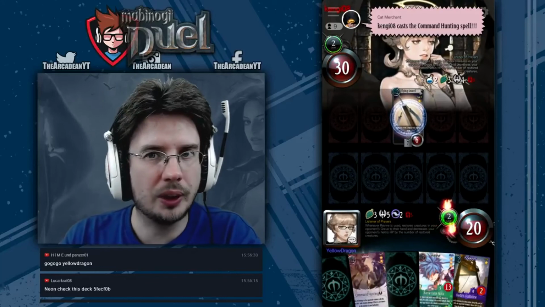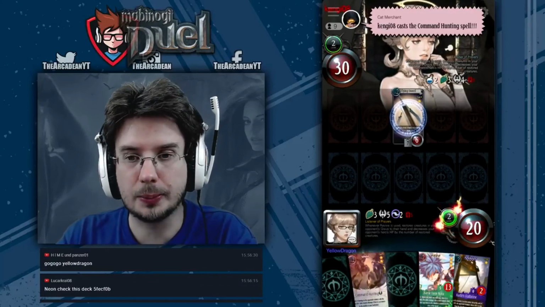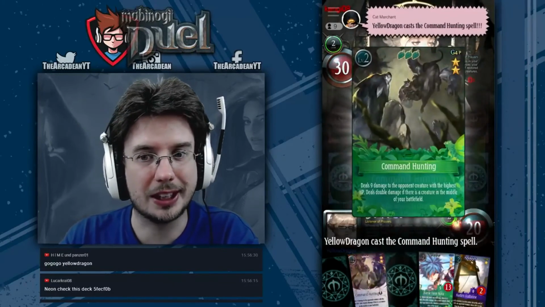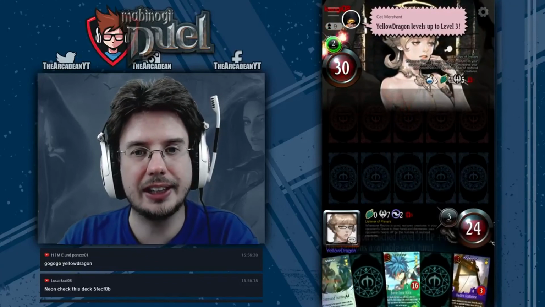7 attack right now. It will have 6 on Kengi's turn because of its ability. But 6 damage, not really something that you generally want to put a creature in front of, especially when your opponent has enough resources to use a removal spell. Command Hunting comes out, once again takes care of that Flying Sword, and YellowDragon levels up to 3, taking a